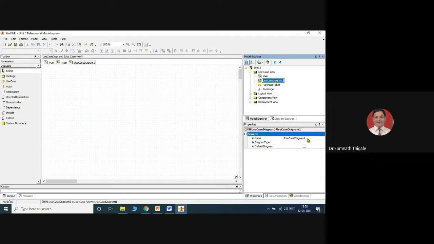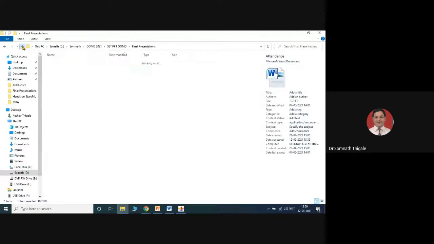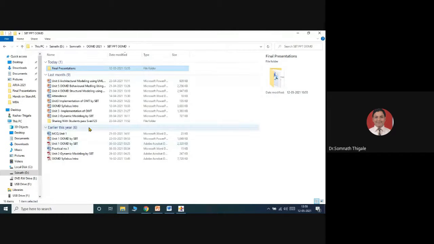I will draw the use case diagram for a college registration system. So just consider one system, that is college registration system, or we can see from our syllabus.